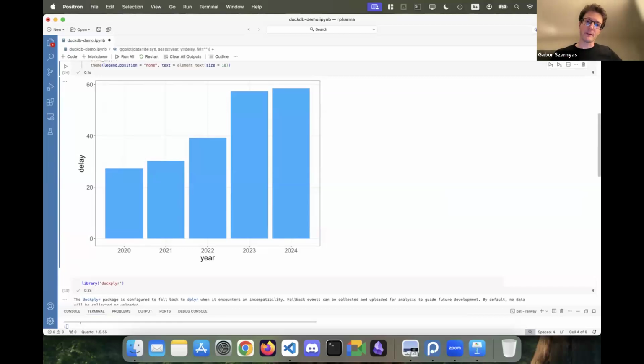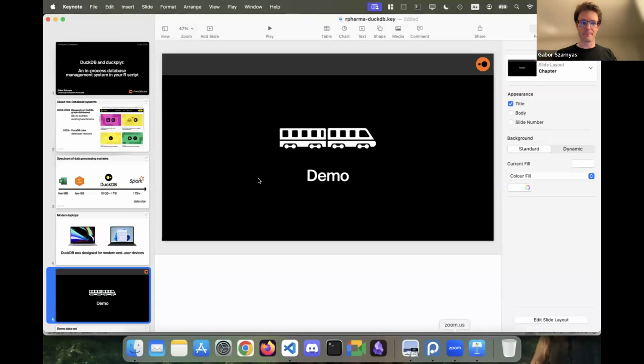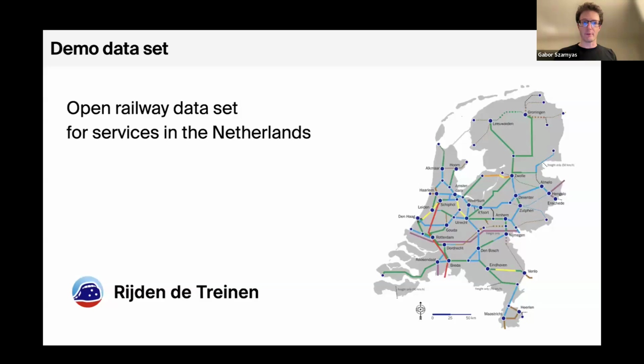So this is a very nice, visual, concise answer to, did the railway get worse over the years? The answer is yes, and we could produce it from looking at the CSV first to actually having this plot in just a few minutes. So if you go back to the demo,